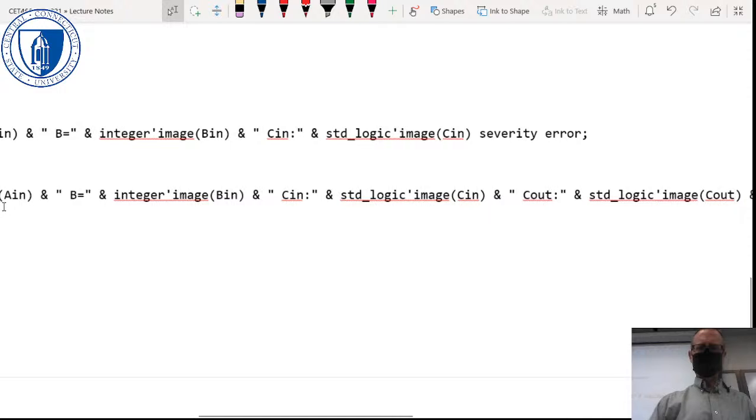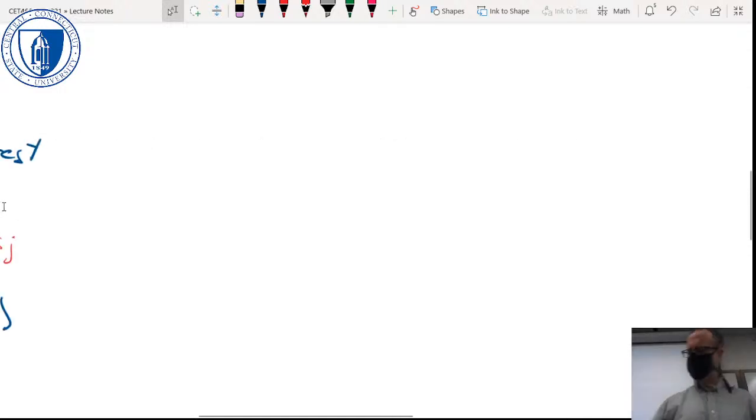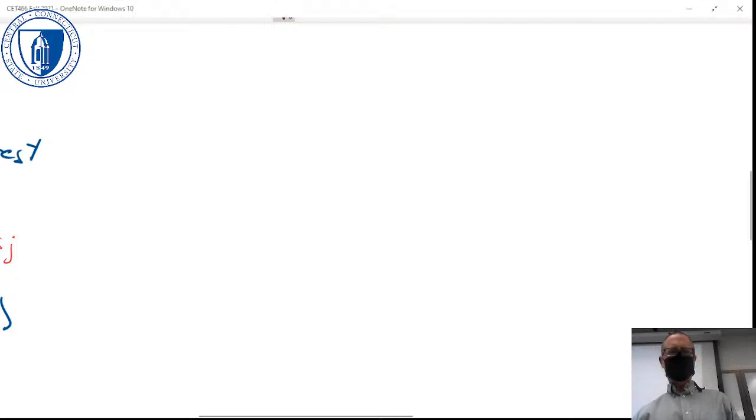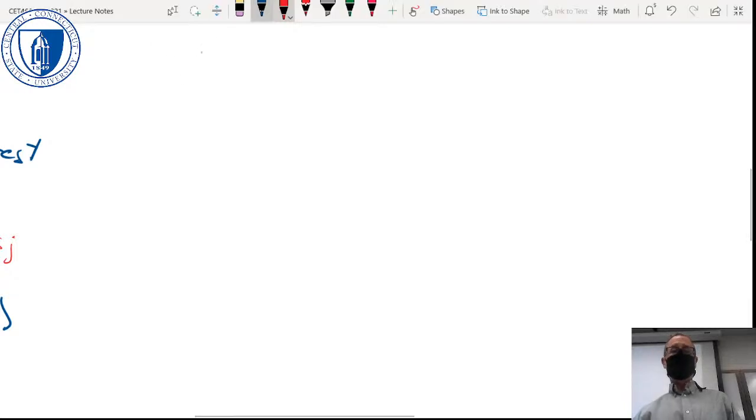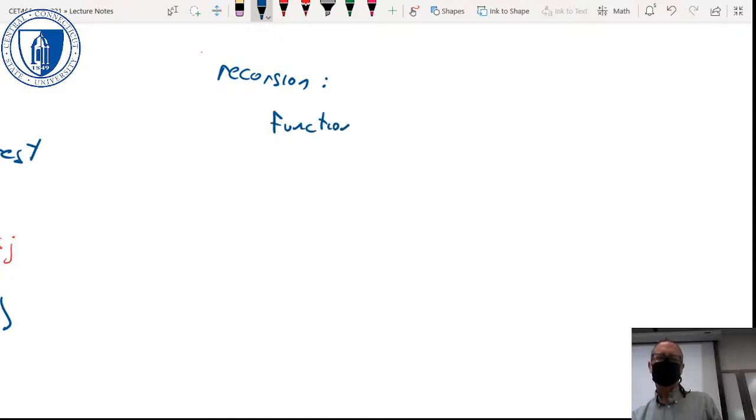Recursion is where it's a self-call. Now we haven't talked about it. If you have a function, and I'm just going to use pseudocode, so if you have a function x of n,